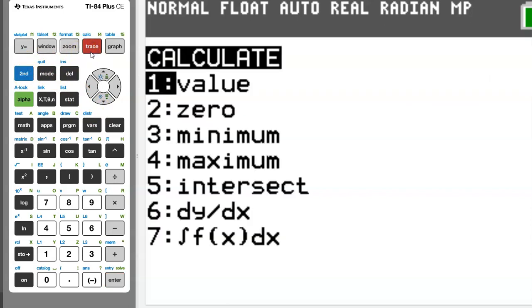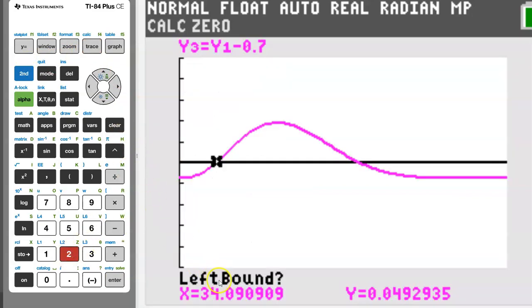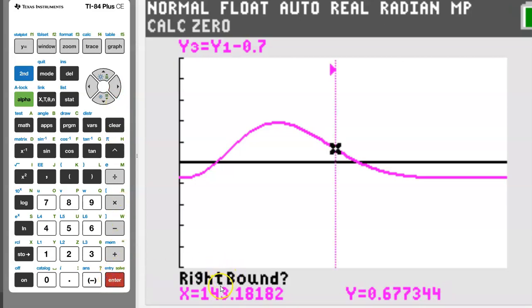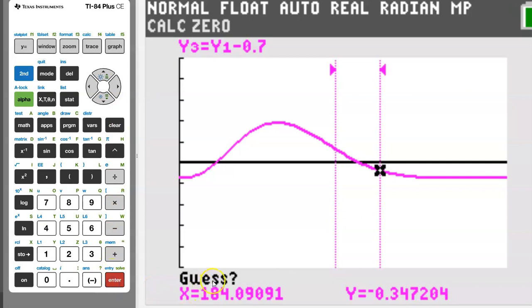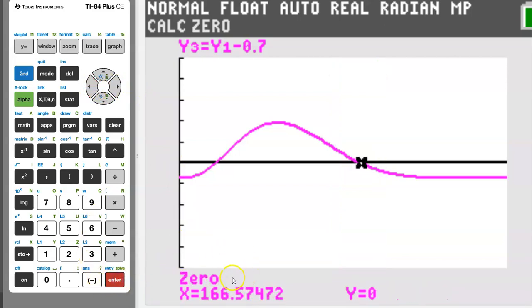We can just hit second trace, I believe, and let's do that zero function again. The calculator is asking us for a left bound again. So let's shimmy on over closer to the second x-intercept, stay to the left, and hit enter. Then the calculator asks for a right bound, so move to the right of this x-intercept and hit enter. The calculator asks for a guess. Slide on back to right around where the x-intercept is and hit enter. So here is the second critical number,